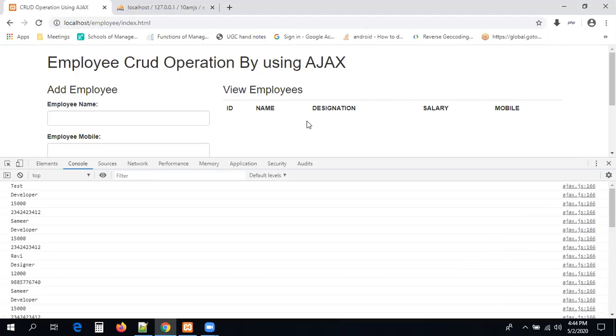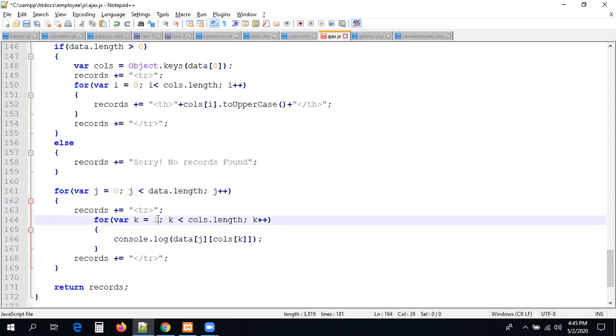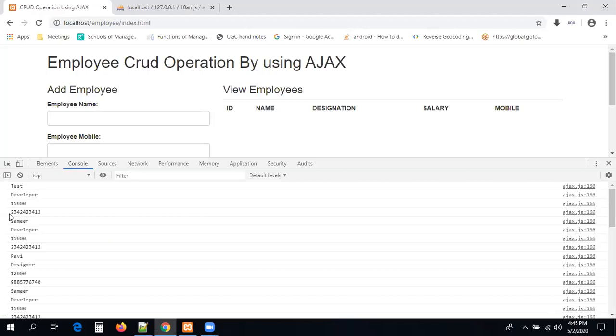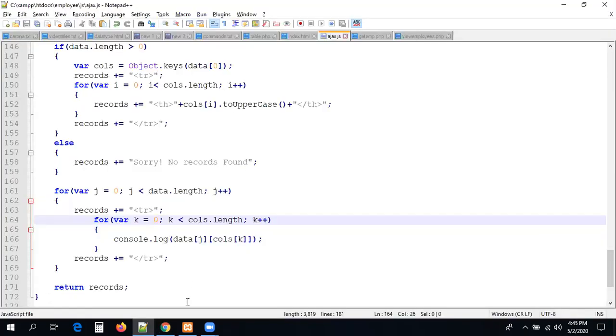Now we need to display into the TDs here. Let us see how we can iterate it. Let us make it 0. I think we are missing one column here. Earlier also we missed one record because I made it 1, right? Let us make it 0. So the ID was missing, and the first record was also not there because I started the loop from 1. Now you can see the ID is also there. We know array index starts with 0, so we have to always start with 0. So my loop also starts at 0.